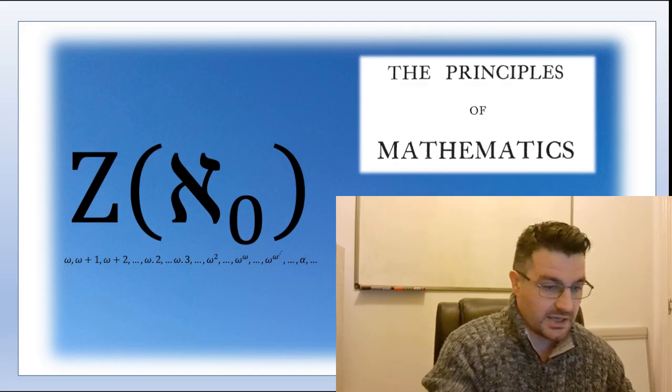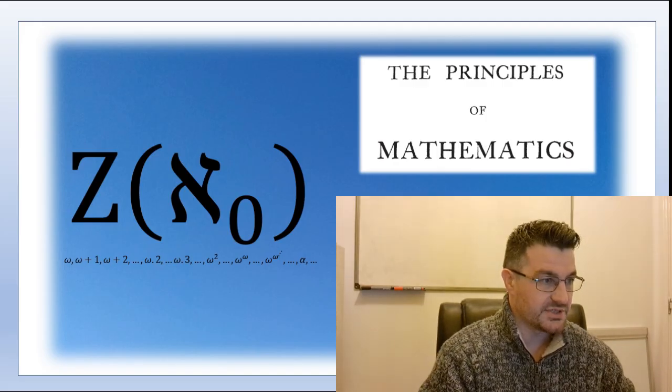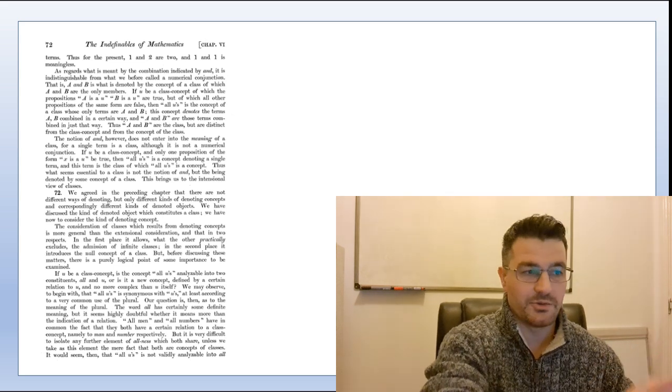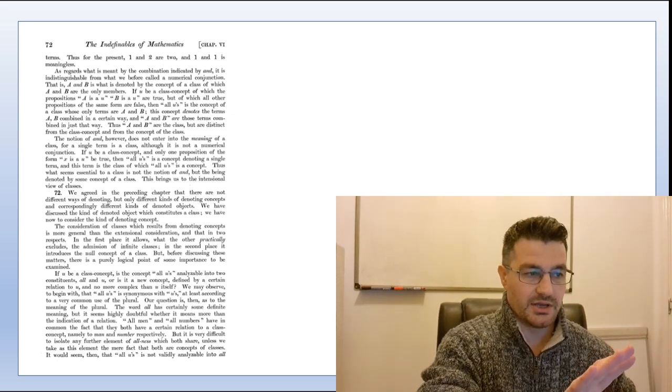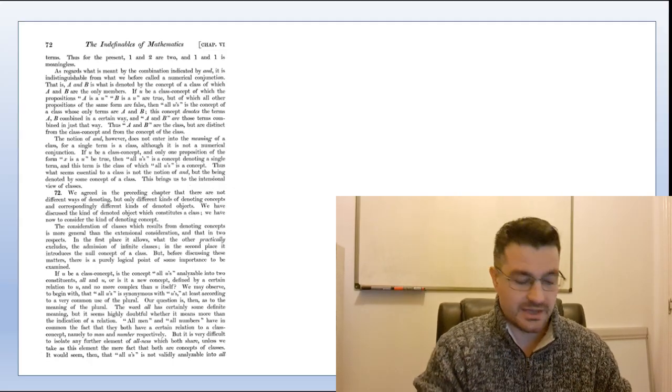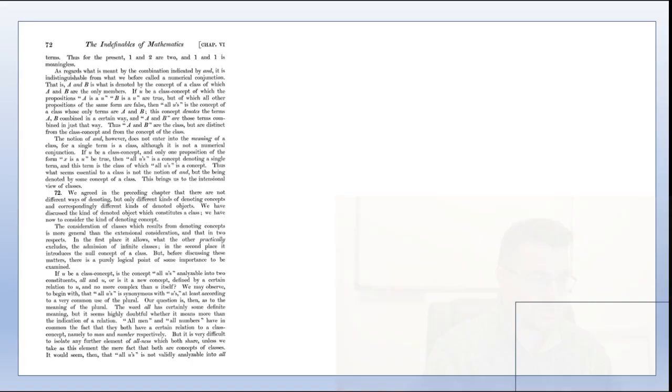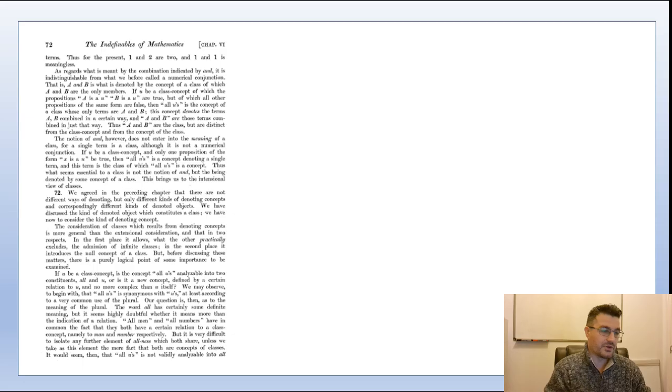Okay, so let's make a start then with section 72. As always, there is the chance that I might forget, even though I'm bringing it up on the screen, which part of the book, which section I'm talking about. Sometimes I might forget to change the page, so it would help if you got your own copy of Principles of Mathematics, whether it's a hard copy or a digital copy, just so that you can keep up with what I'm saying, just in case I forget to change the page. Okay, so let's make a start then.